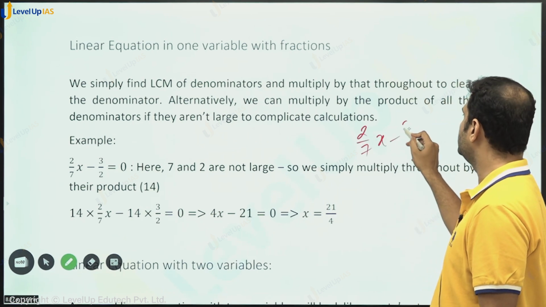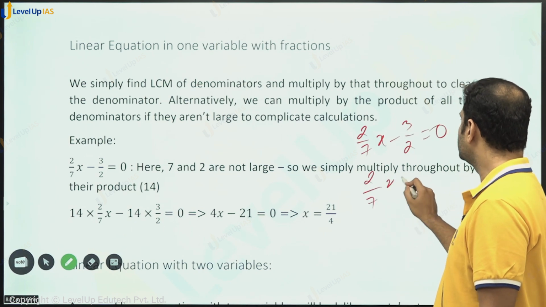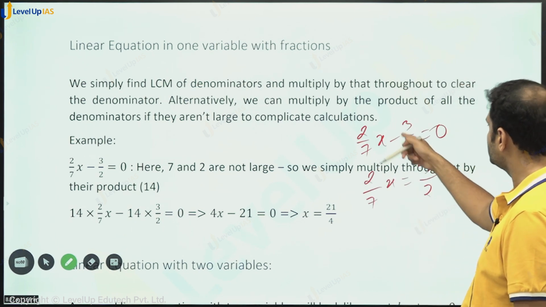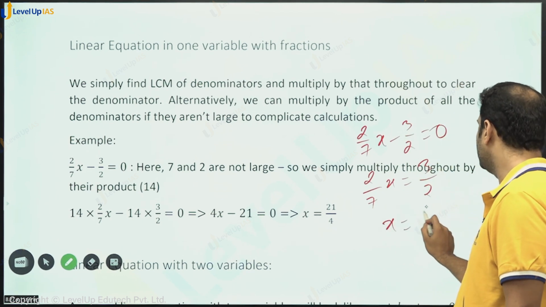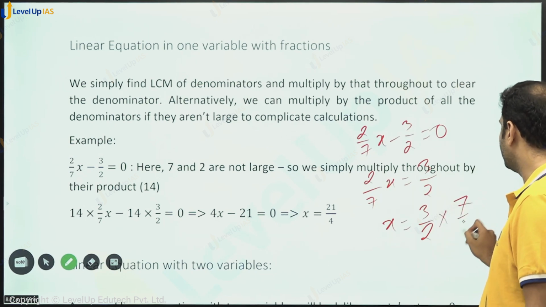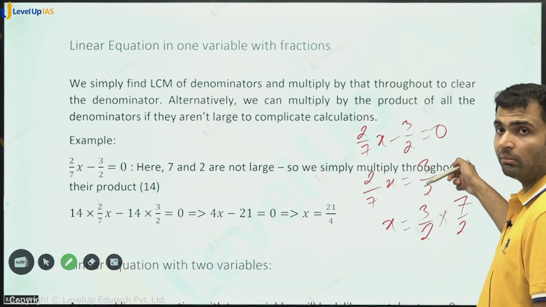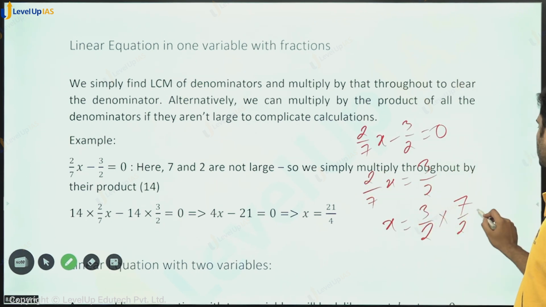For example, here 2/7x minus 3/2 is equal to 0. So what we'll get? 2/7x is equal to 3/2, because this minus 3/2 वो उधर चला जाएगा तो प्लस आ जाएगा। So x is equal to 3/2 into this 7, ये 2/7 वहां पे जाएगा तो 7/2 हो जाएगा। ये 7 डिवीजन में है, वो उधर मल्टीप्लीकेशन में चला जाएगा। ये 2 यहाँ पे मल्टीप्लीकेशन में, वो उधर डिवीजन में चला जाएगा। तो क्या आएगा? 21/4। फाइन।